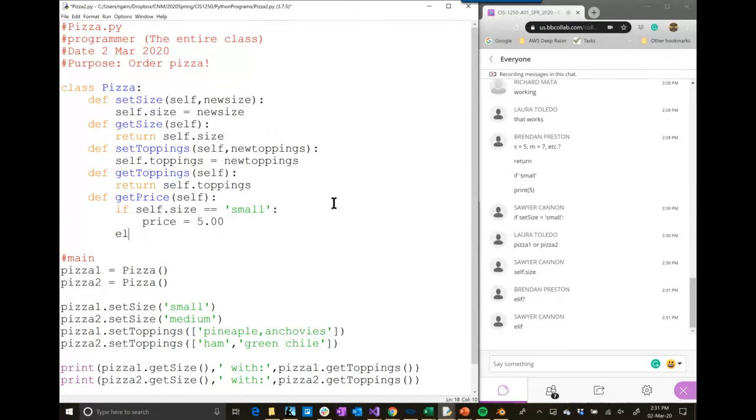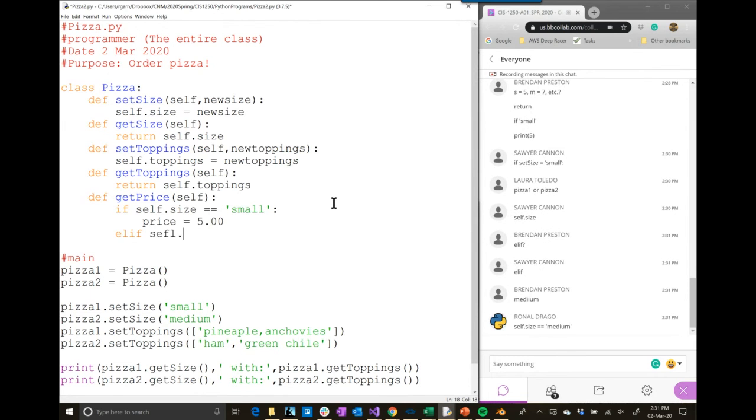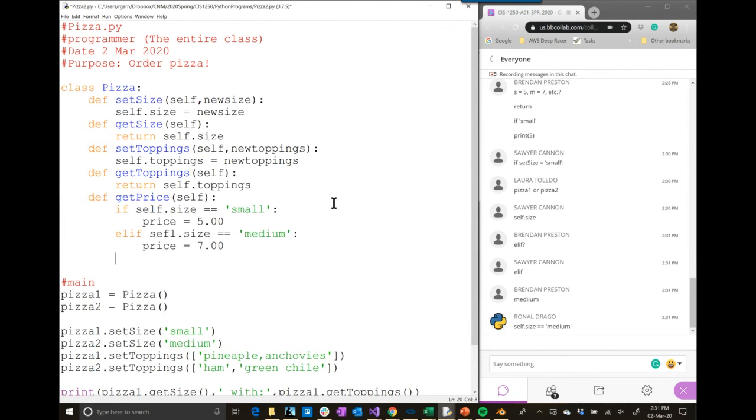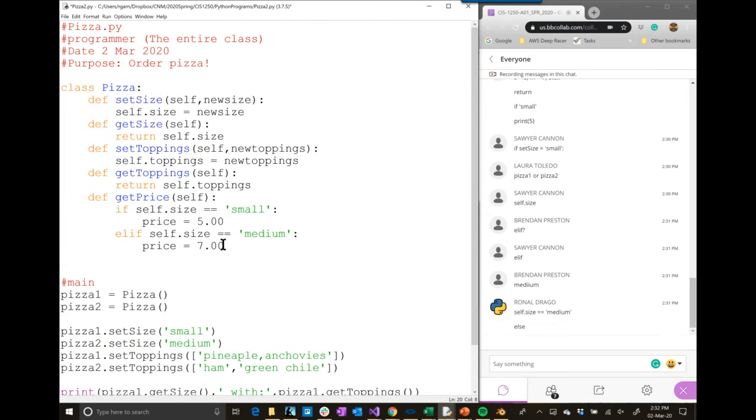Elif. And then what would we look at? Yeah, self.size is equal to medium. Price would equal 7.0. Then what? Yeah, then else